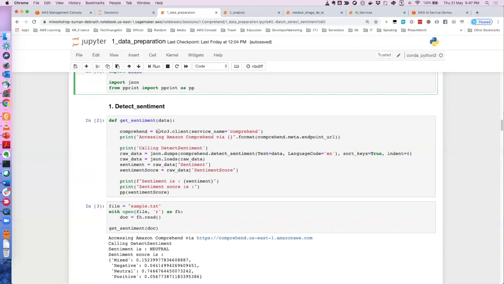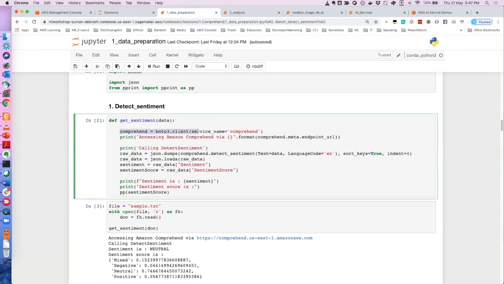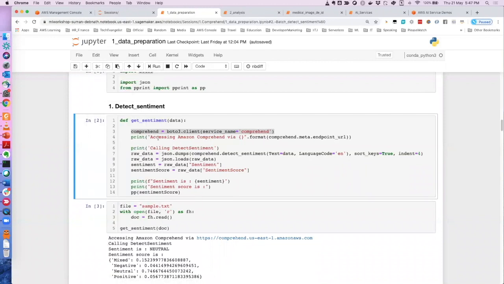Now I've written a small wrapper function, but this function contains only two important lines of code, which can do the sentiment detection for us. First is this line. If you focus on line number 3, here I'm creating a client called Comprehend.